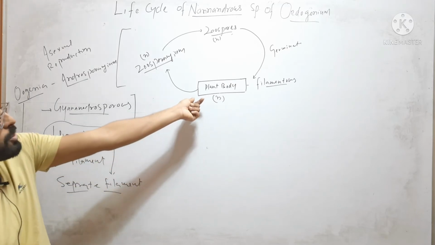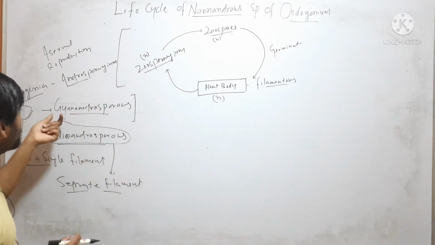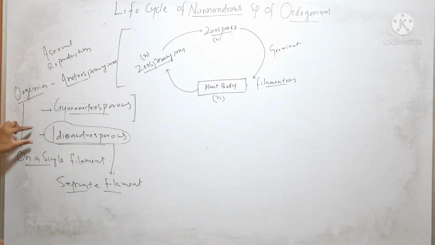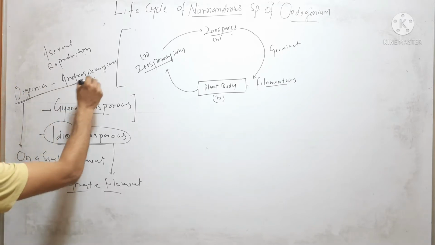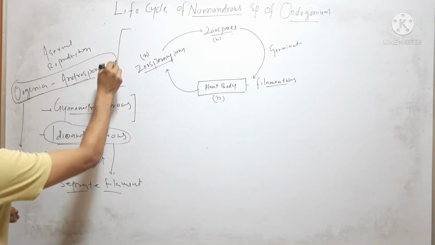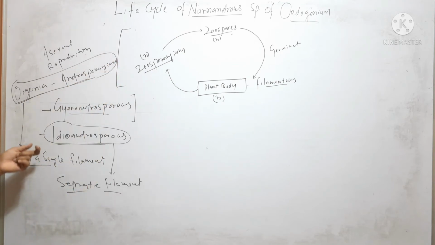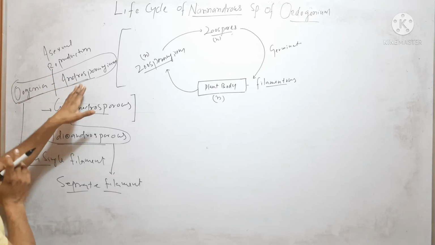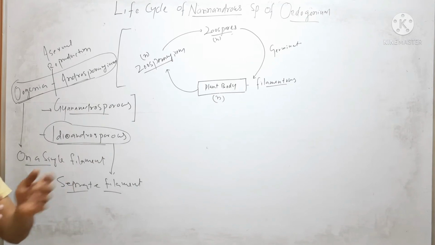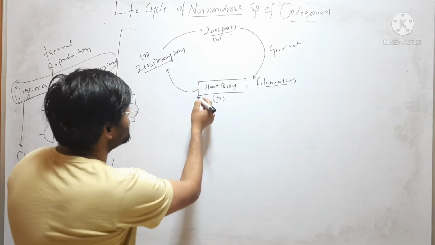So the plant body of Nannandrous species is of two types. It may be Gynandrosporous or it may be Oedogandrosporous. If it is Gynandrosporous, then both of these are produced on the same filament. But in case of Oedogandrosporous, both are produced on separate filaments. Oogonia are produced on one filament and androsporangia are produced on a separate filament. So this plant body,